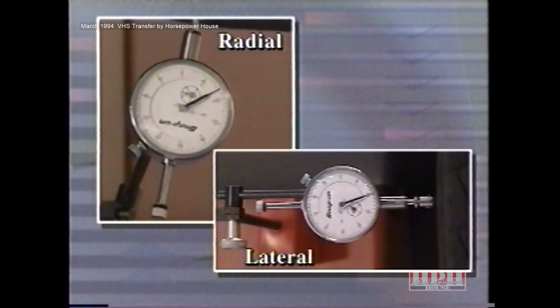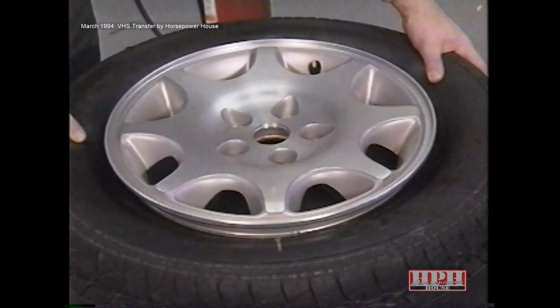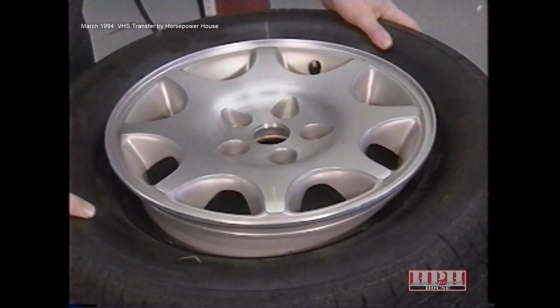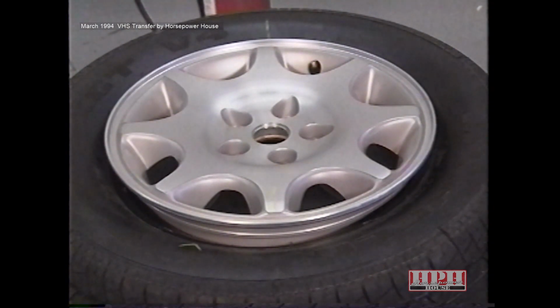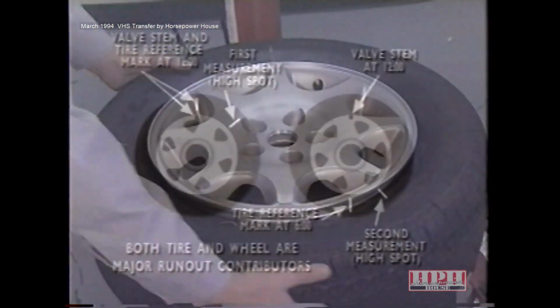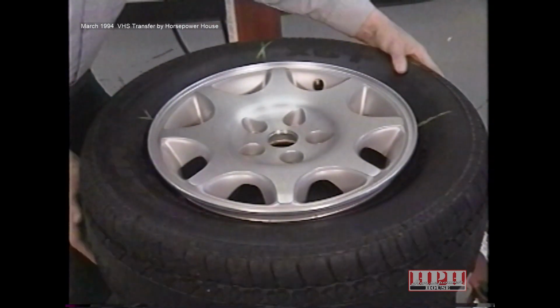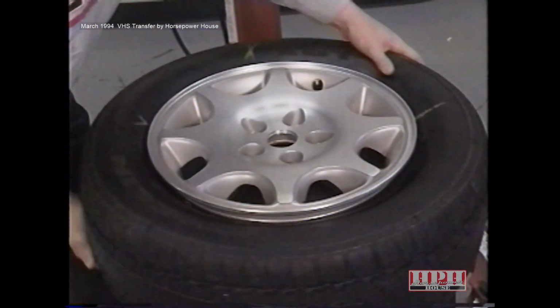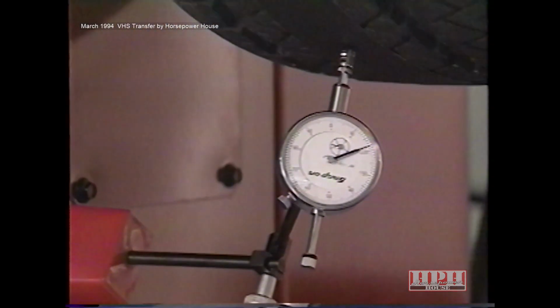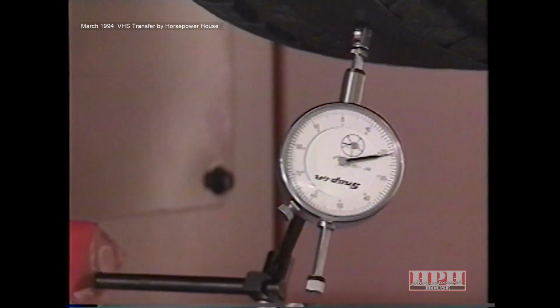Always remeasure the tire wheel assembly runout after replacing the tire and make sure the runout is within tolerance before continuing. In the majority of cases, the first 180-degree turn of the tire will either correct the runout problem or indicate which component to replace. If the new high spot is in between the two extremes, then both the tire and wheel are contributing to the runout. Try rotating the tire an additional 90 degrees in both the clockwise and counterclockwise directions, measuring the runout after each rotation. Once runout has been brought within the tolerance, the assembly may be balanced.